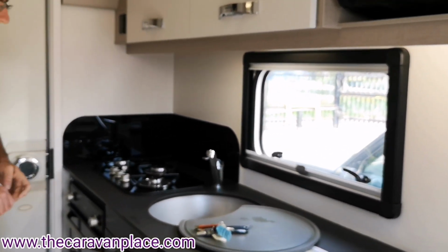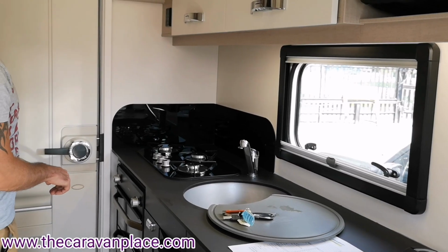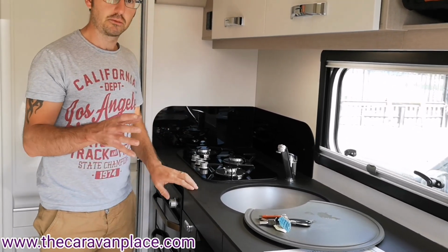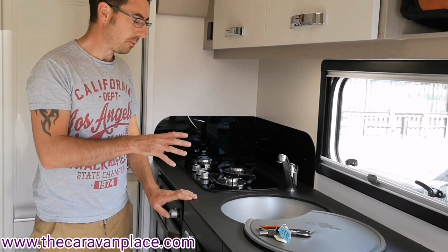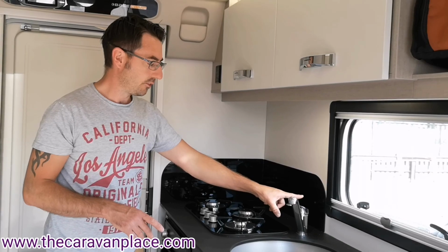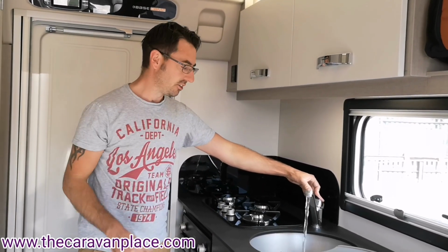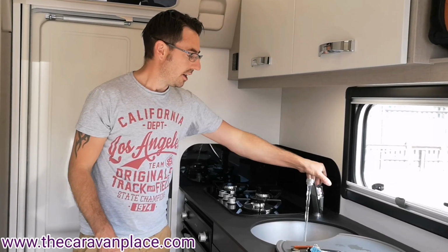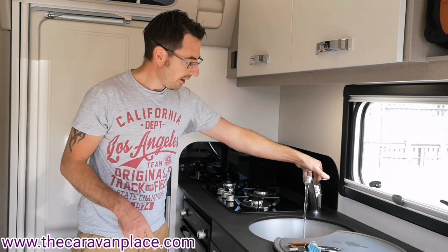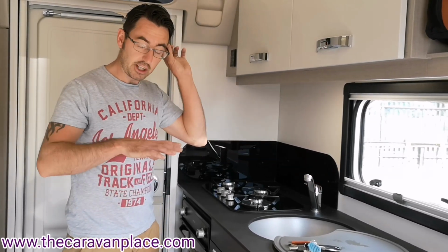Water system. So again, as I mentioned previously, when we first set up, we've popped the tap symbol on, which tells us that the water pump is now operational and working. We want to make sure that we have got all the taps turned off before we put that pump setting on. And then you can hear the pump kick in. If we were just setting up and we hadn't run any water through,